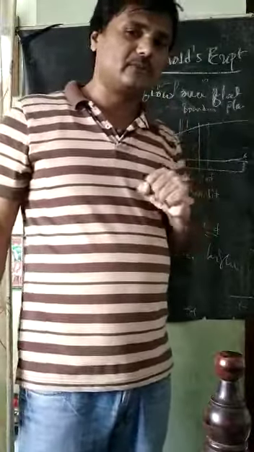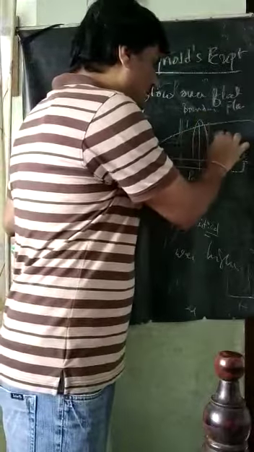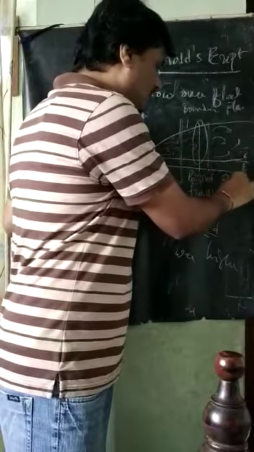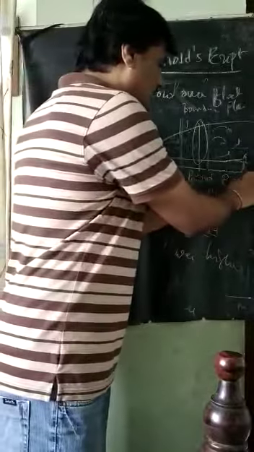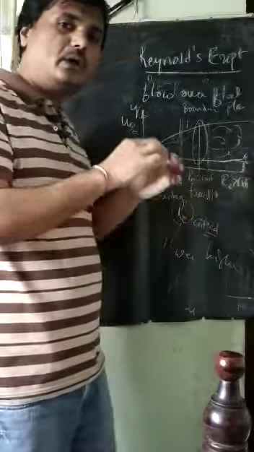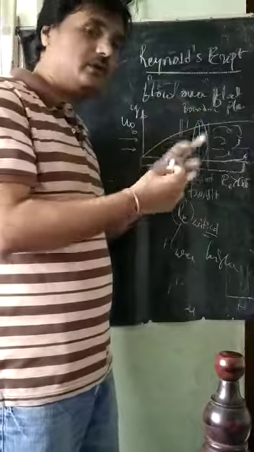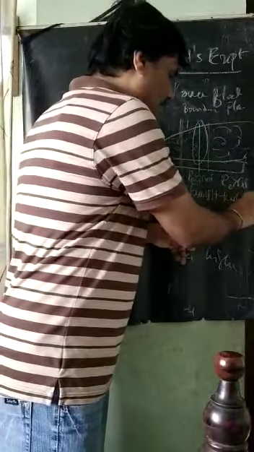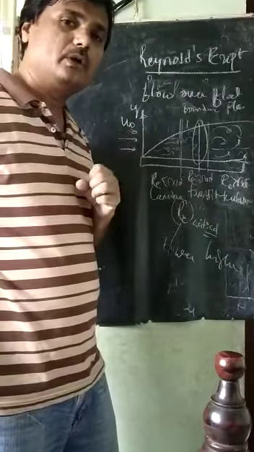Lower critical Reynolds number means, from the transition zone to the turbulent zone, it is highly chaotic and disorderly, when the Reynolds number is greater than 5 into 10 raised to 5. They are highly disordered and moving randomly. Disorderliness is more, chaos is more. Therefore this flow is a 3D flow. This flow is called turbulent flow, where the Reynolds number is more than 5 into 10 raised to 5.